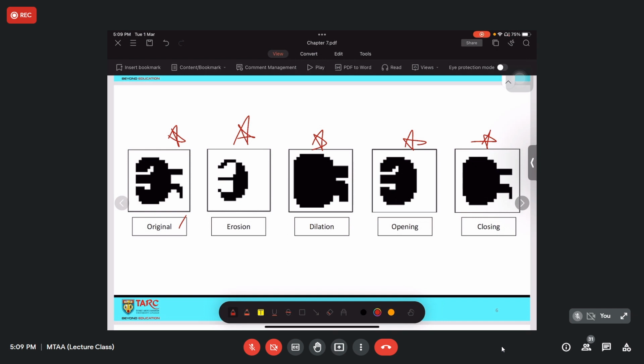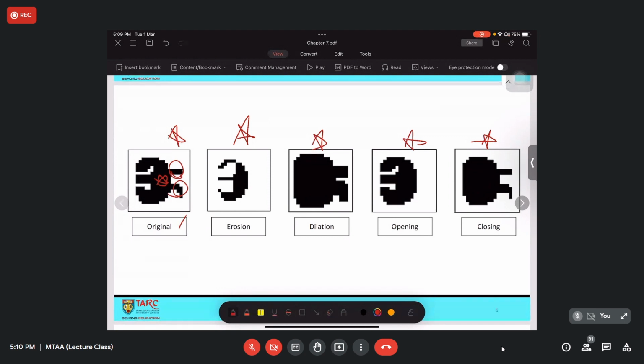Let's say the object of interest, or the foreground, is black color, not white. After you perform the erosion, you will find that the total area of the black object or black pixels is reduced, and also the leg here is removed.